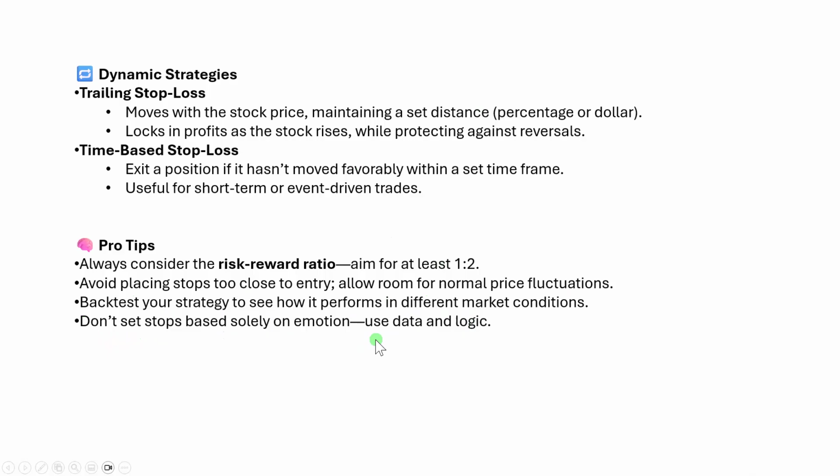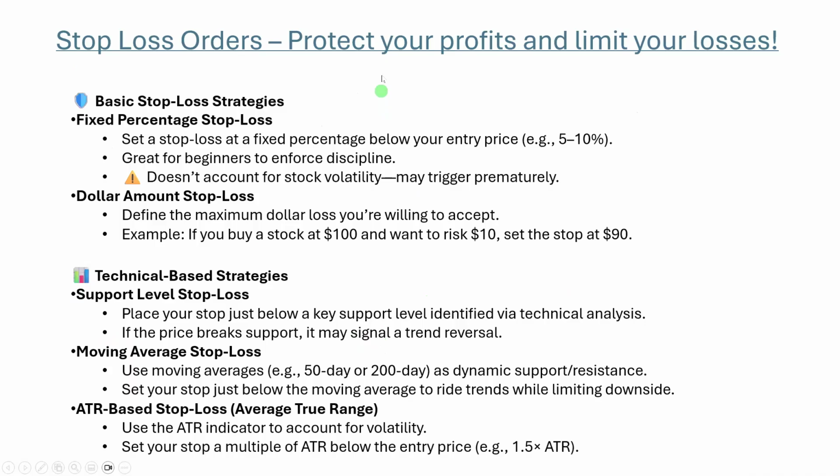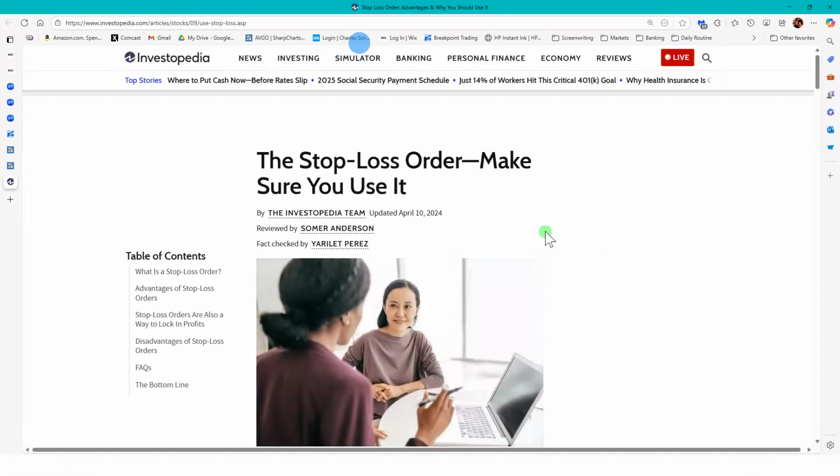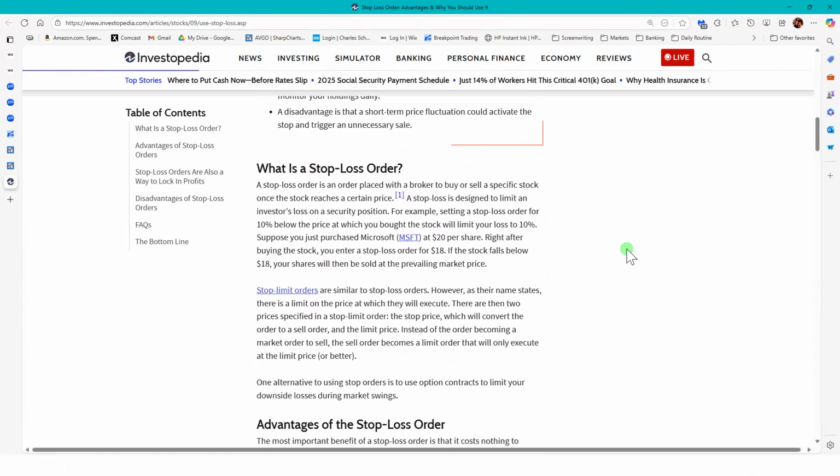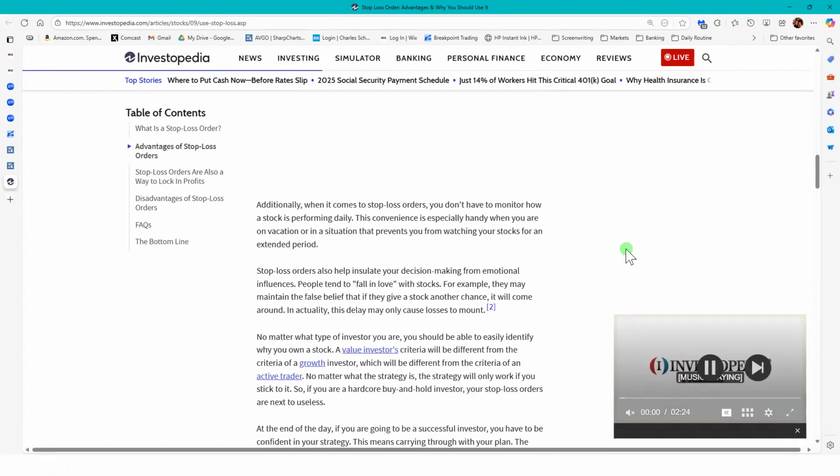All right, let's get into it. Well, let me go back one. I'm going to put this slide on the website for subscribers. There's also a link right here that will take you to Investopedia, and will give you a lot more information about stops. What is a stop loss order? The advantages,